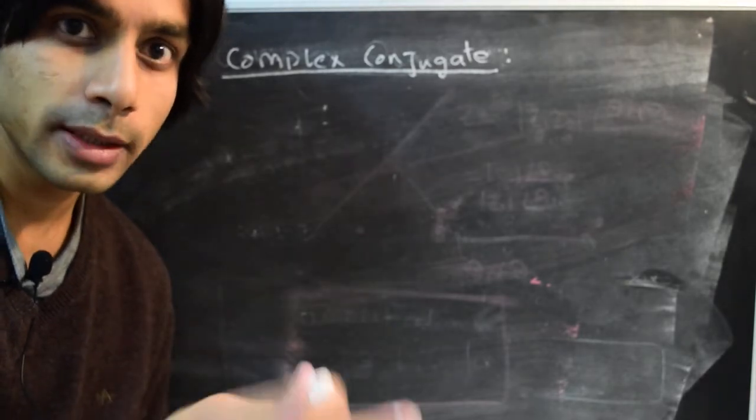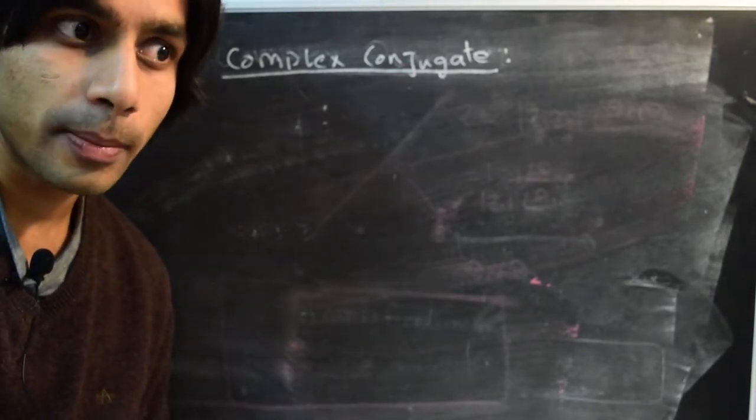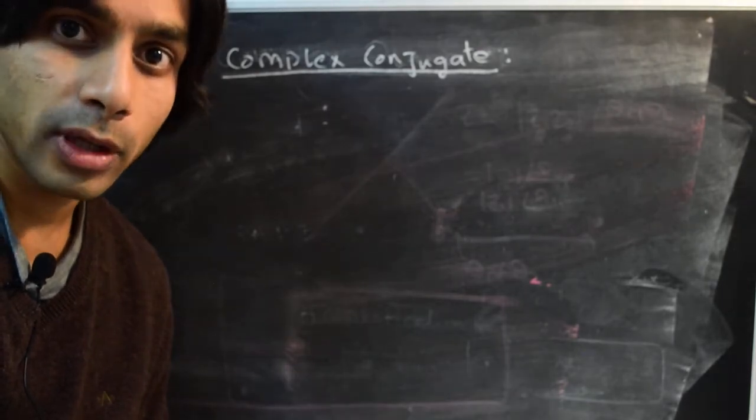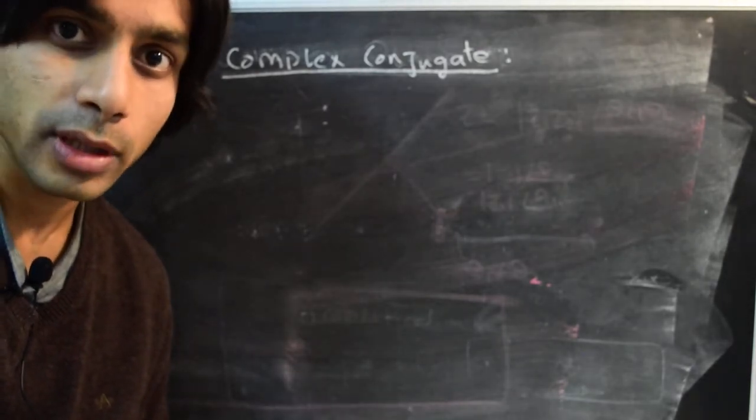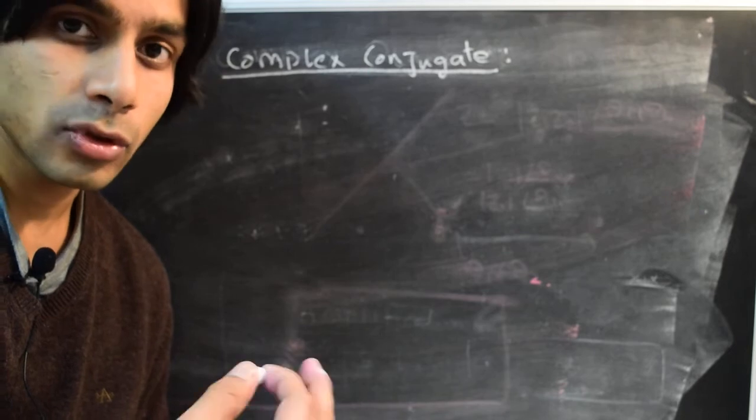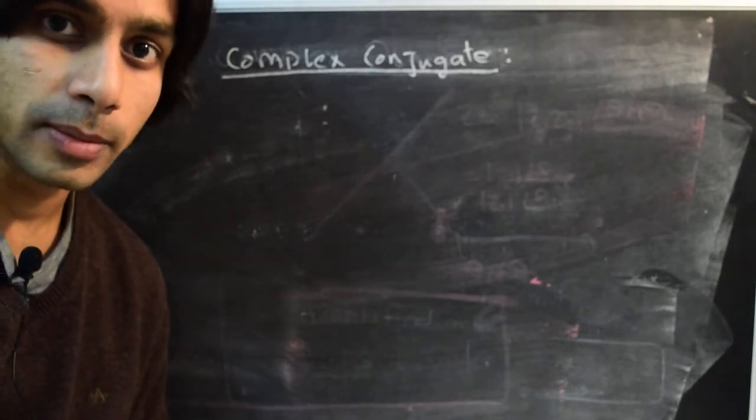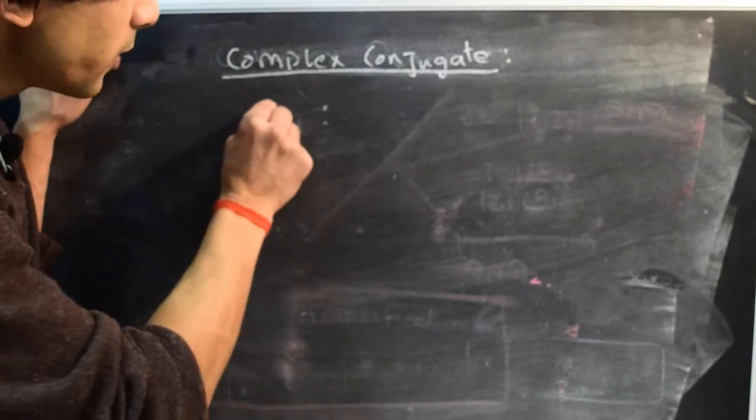How it relates to the other concepts that we know in terms of taking products of two vectors, in particular scalar product and vector product. So let's just talk about what the complex conjugate of a variable is. So given a complex variable z,